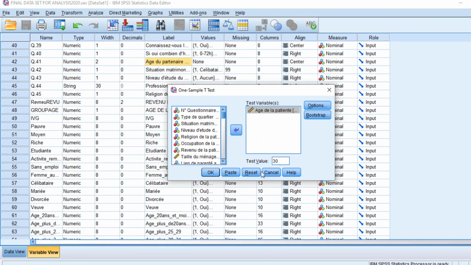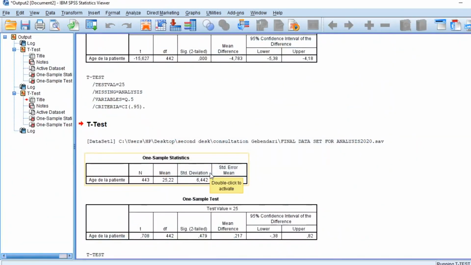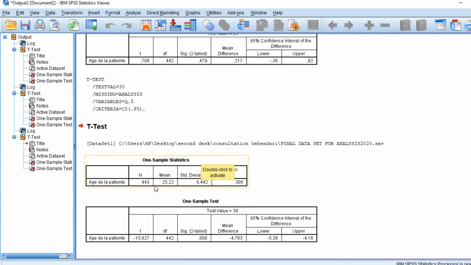So as I have put here in the test value, the value 30, I can just click on OK, so that we get the result of my test here. So age, we have many information in our variable age, which is